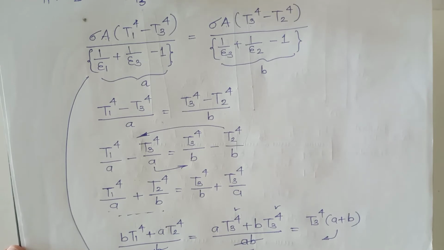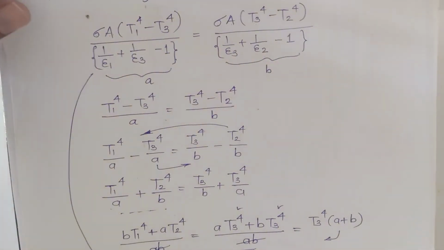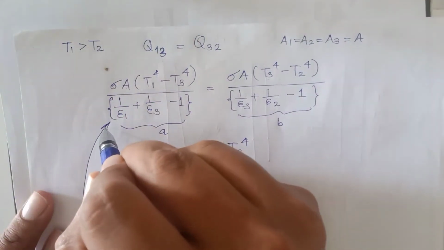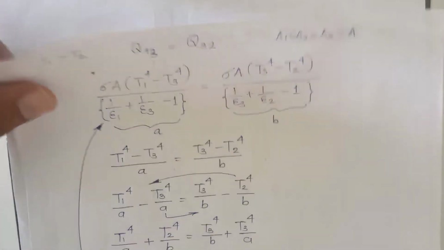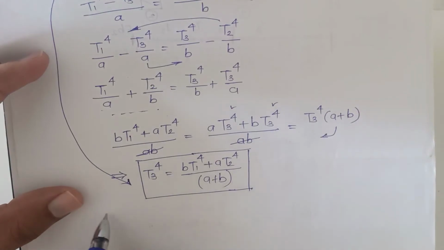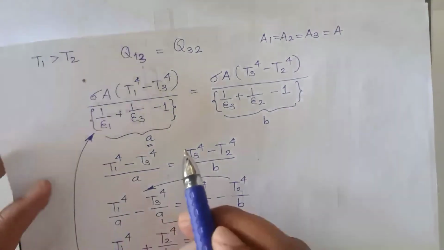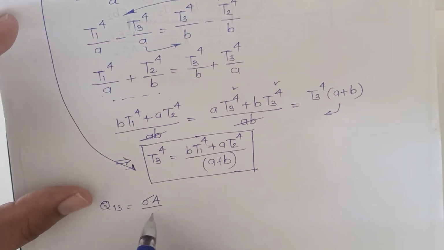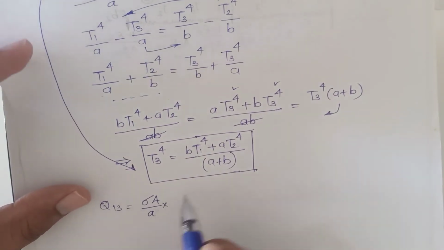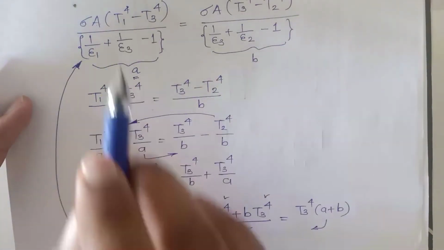Okay, then when we substitute, what do we get? We will write it down systematically and slowly so that we don't miss any term. After substitution, what do we get? Q13 is equal to sigma A. Remember, the denominator was entirely considered as A, so we can simply write it as sigma A upon small a. Our writing will be reduced into T1 raised to 4